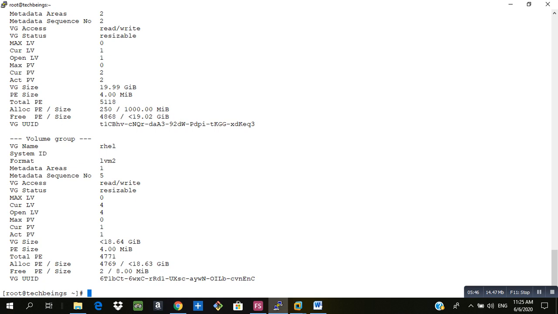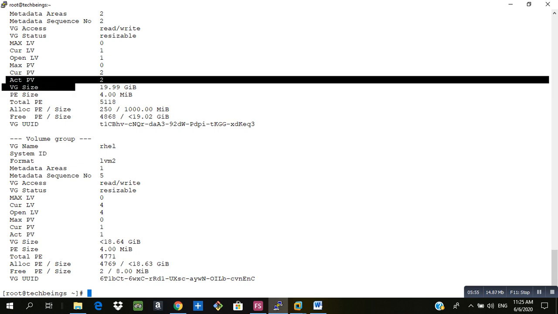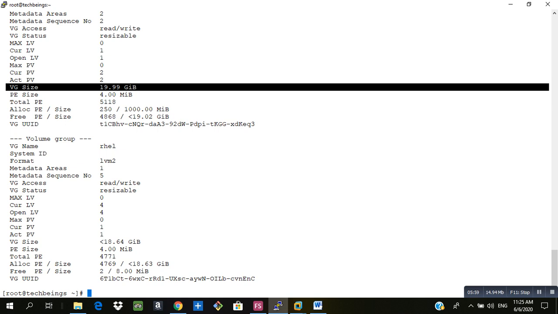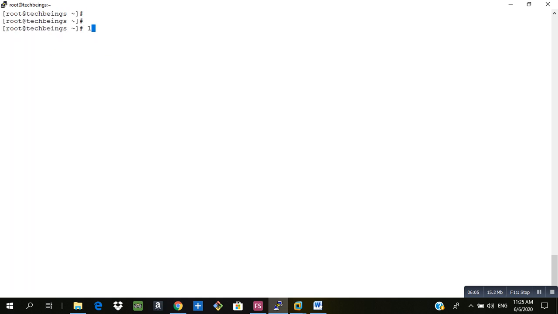And if you can see, the volume group size is 10 GB plus 10 GB is equal to 20 GB. The two disks we have combined here. And let's check the logical volume size with the help of the lvdisplay command.